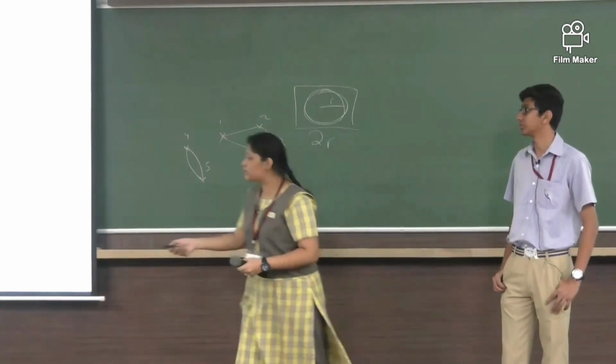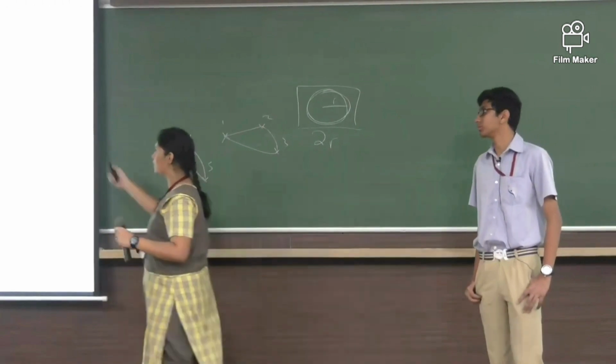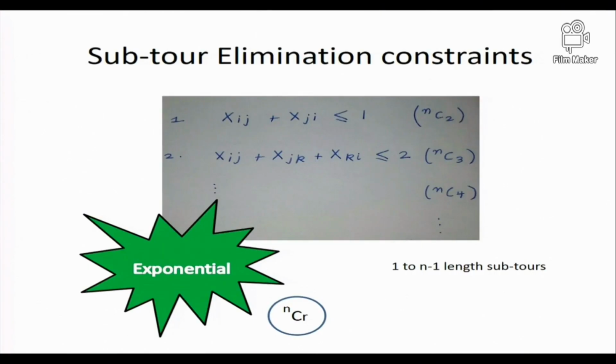So how do we eliminate these? This is how it's done. A subtour of length 1 means that you go from j to j itself, that is, you go from Adyar to Adyar itself. I'll tell you how to eliminate it, but first I'll tell you about subtours of length 2 and 3. For 2, x_ij, traveling from one place to another, plus x_ji could be equal to 2, but I am eliminating it by saying the sum should be less than or equal to 1.